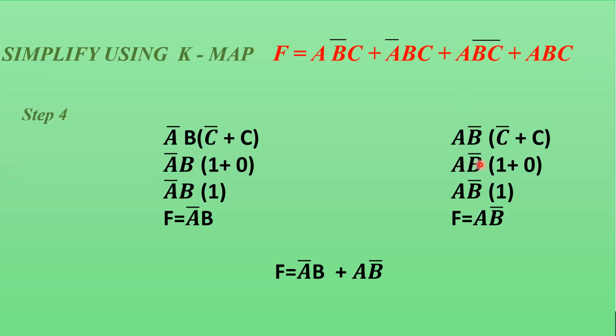When we have the three variables, then we will take two common. Clear? When we have three variables, we will take two common. Look, AB complement, C is different. AB complement is common, but C complement is different. So AB complement take a common, and inside the brackets write C complement plus C. The value of C complement is 1, understood, C is 0, and then add it.